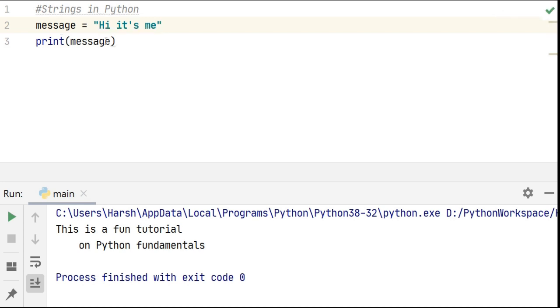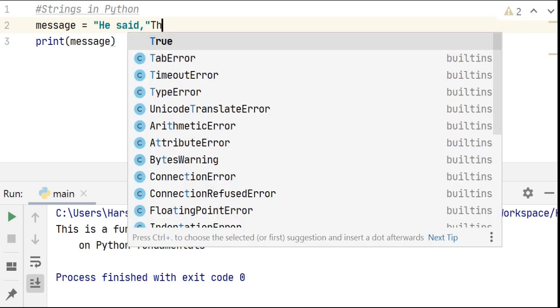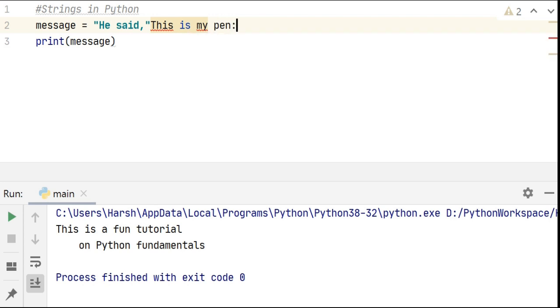The same applies vice versa. Let's say I had a string, he said, "This is my pen." If I represent it using double quotes, this will give us an error. Why?